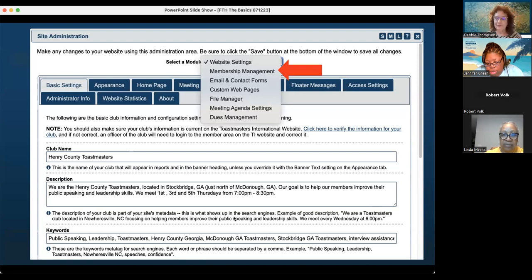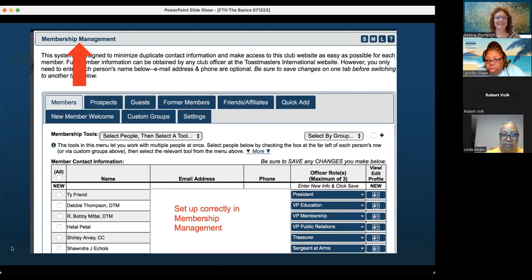First of all, it is very important under membership management, and that's one of those modules. In membership management, this is where I link the person to the office. This is very important for FreeToast Host to make the connection behind the scenes.